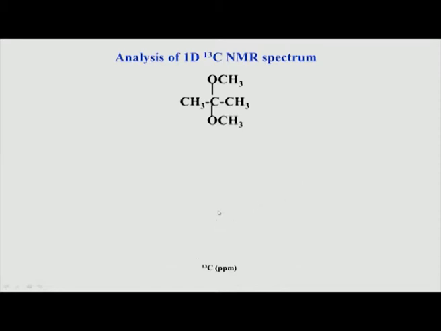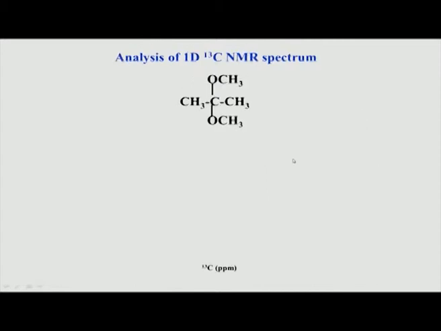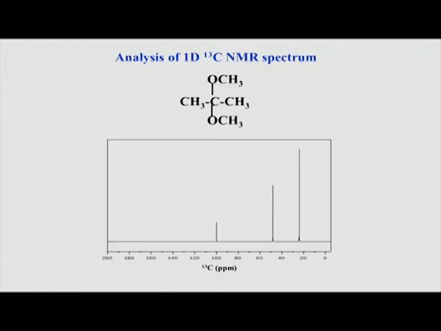So, if I go back to the previous problem, there we had 1, 2, 3, 4, 5 types of carbons, and here also we have 5 peaks. So, 5 types of carbon and 5 peaks. Similarly, here we have 3 types of carbon, we expect 3 peaks. So, let us begin the assignment. How do we assign which peak is which carbon? Again we can use simple logic, that whenever you have an oxygen attached to a carbon, it comes somewhere around 50-60 ppm, but remember this is OCH3.